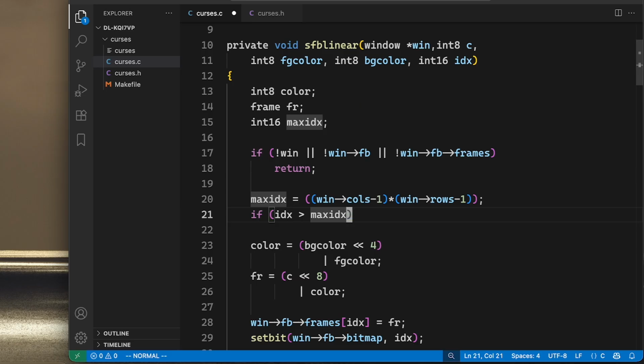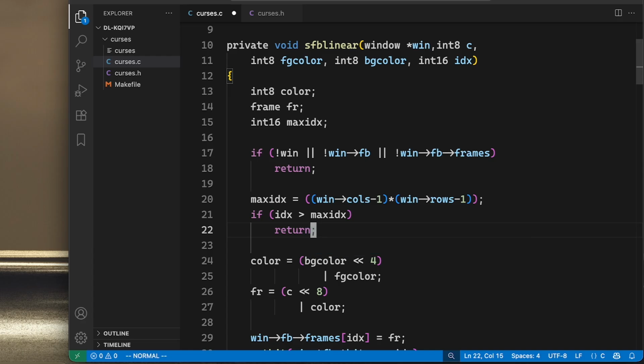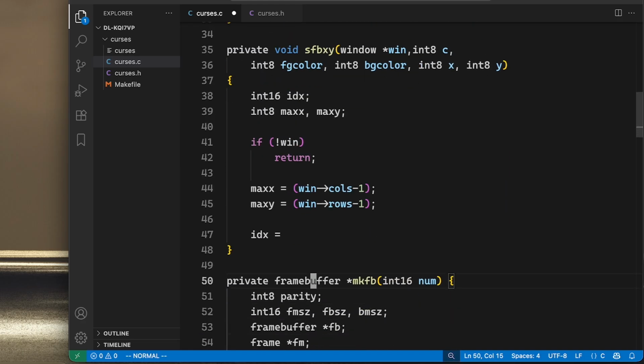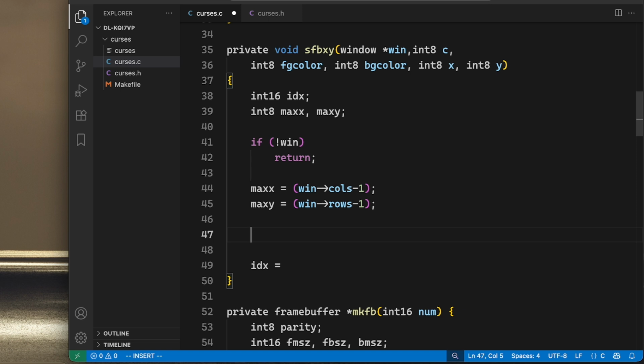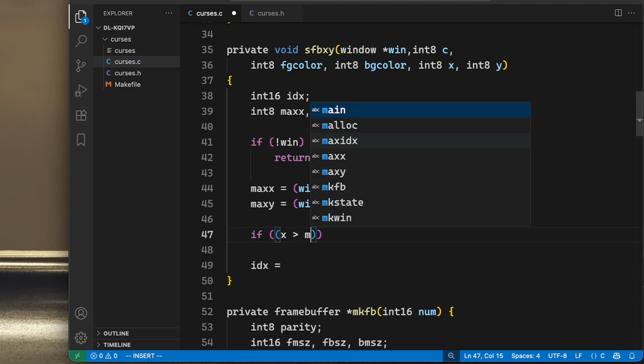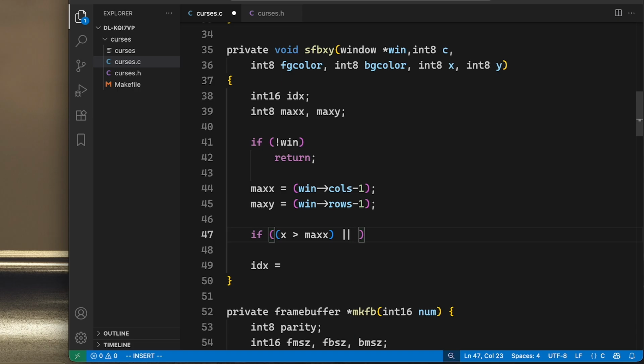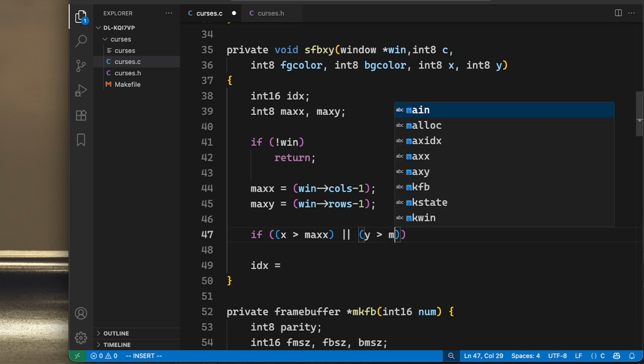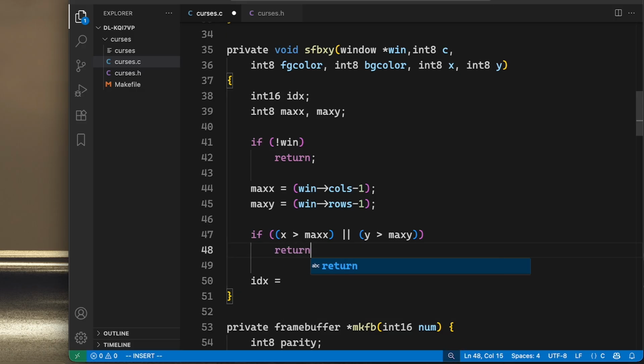I'm not really sure what I want to do here, so let's for now just return, and we'll do a similar thing here. So the index is going to be, first we do the check. So if x is more than max x, or y is more than max y, we'll just return. Otherwise we set the index equal to